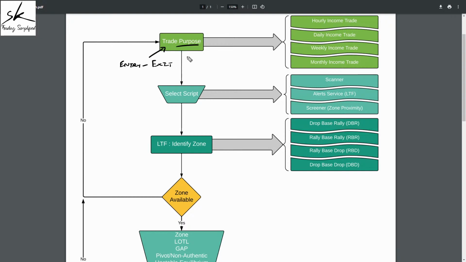The answer is, whenever we do our analysis, the charts that we use are time-based charts, and we have a number of time frames available to us. Because we have so many time frames available, it's very confusing which time frame I should be using for my analysis. That's the very first challenge. And it's not that we can just randomly pick any time frame and start doing our analysis. So again, we need to apply a very logical approach, and that is the reason we start with our trade